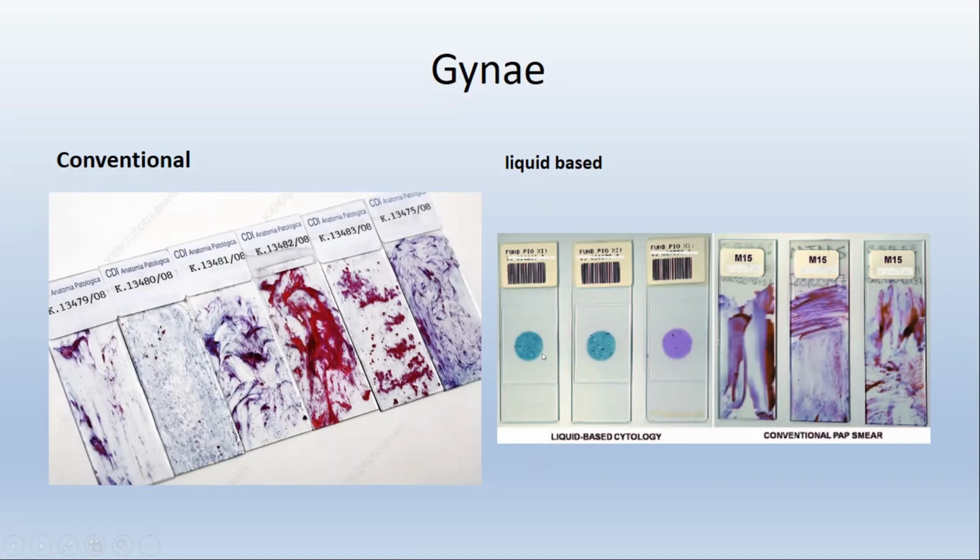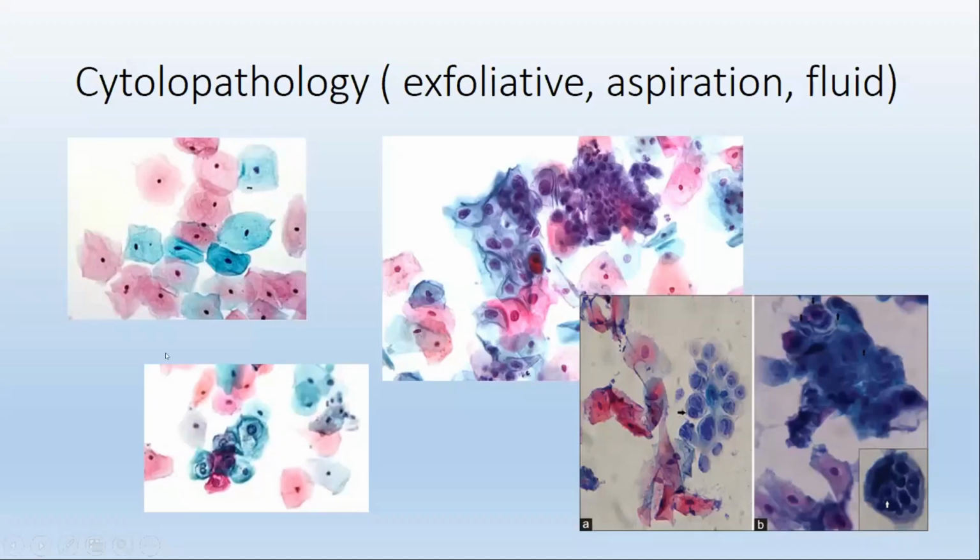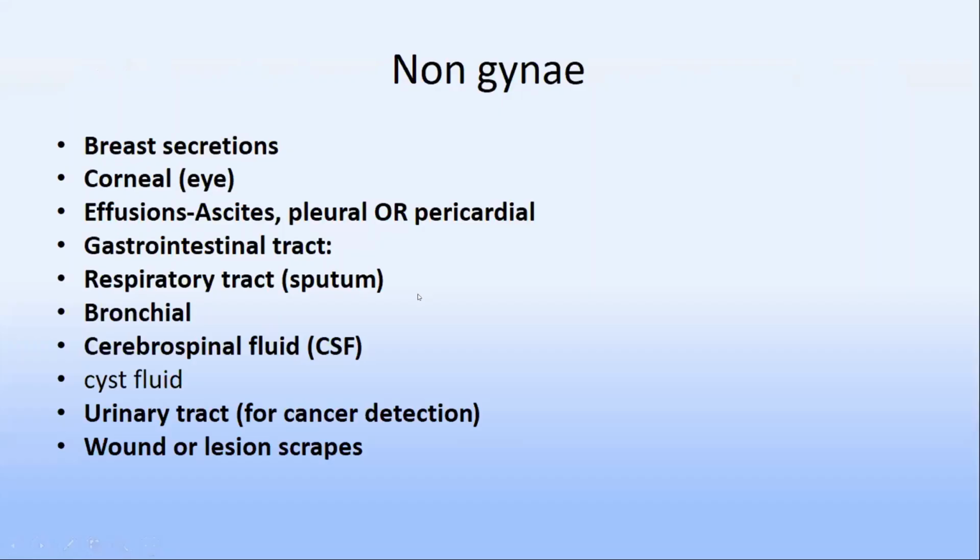With thin prep, we process the specimen first. We remove all the blood, and only then we put the cells on the slides. That's why they come in a very round, typical shape. This is how the pap smear looks. This is HPV, this is herpes, HHV, and this is also HPV.